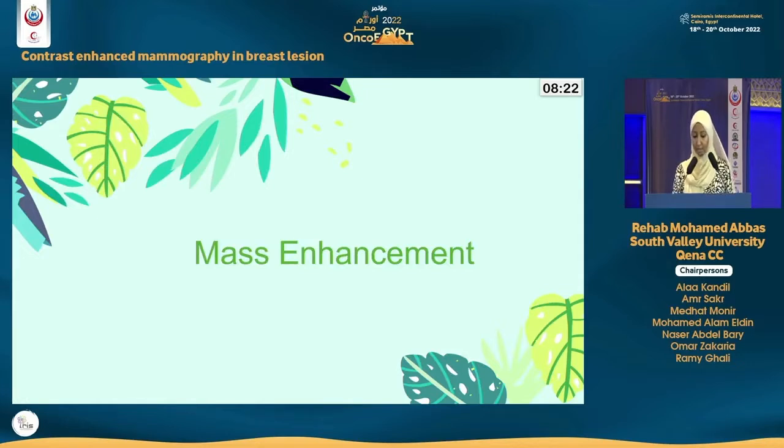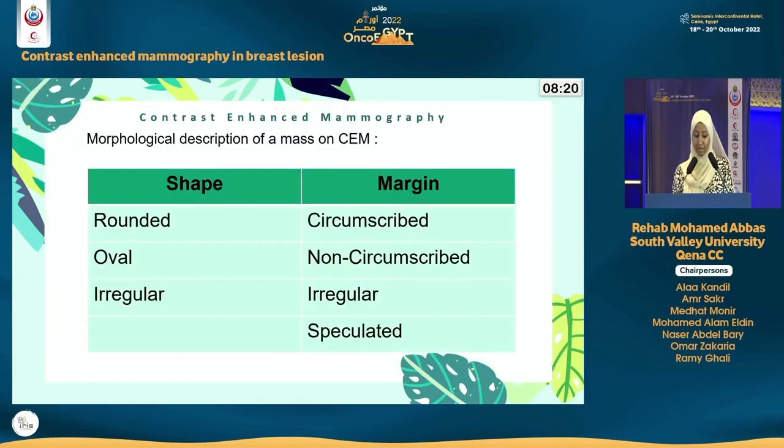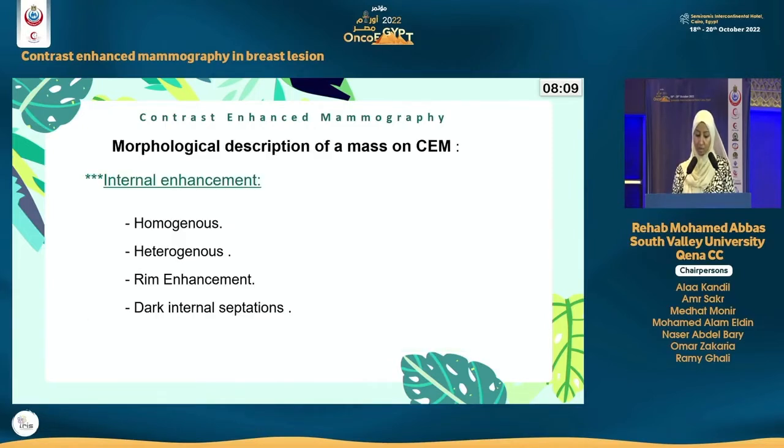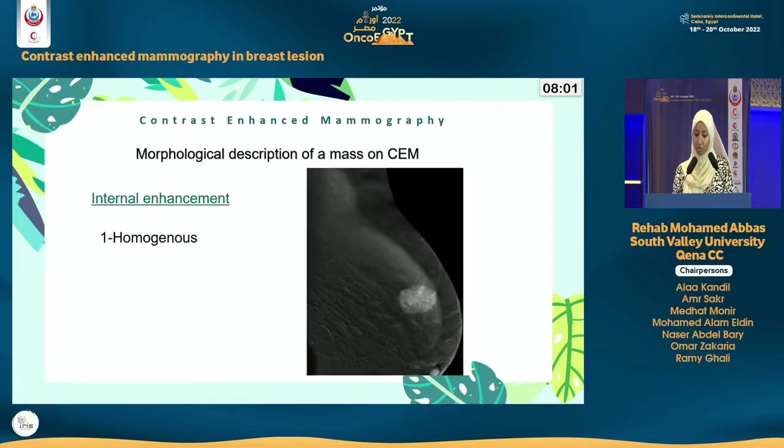تاني حاجة عندنا الماس إنهانسمنت، وده زي ما قلنا إحنا بنكومنت على الشيب نفسه بتاعها سواء كانت rounded ولا oval ولا irregular، والمارجنز بتاعتها circumscribed, non circumscribed, irregular, spiculated. بنبص كمان على الماس نفسها بنشوف الإنهانسمنت بتاعتها سواء كانت homogeneous ولا heterogeneous ولا عاملة rim enhancement ولا dark internal septation. الهوموجينوس إنهانسمنت لو جينا بصينا هنا على الليجن ده هنلاقي